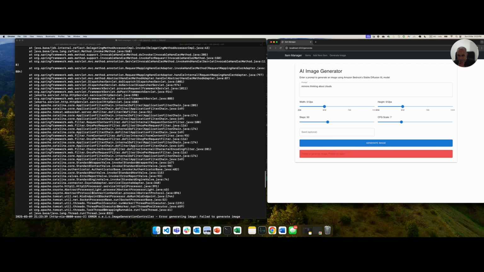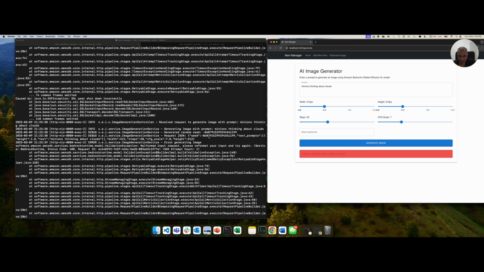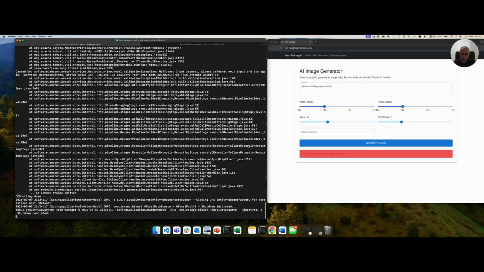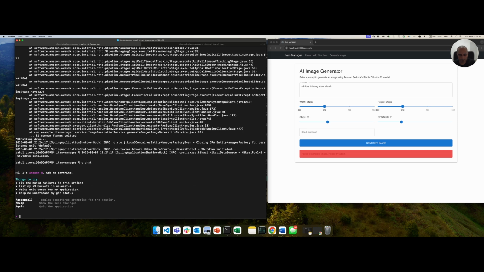So basically it again says, so we've attached the text prompt and we've added the text to it. Minions thinking about Claude. But again it says please reformat and try again. Alright, that's okay. So let's go back to QChat once again and say